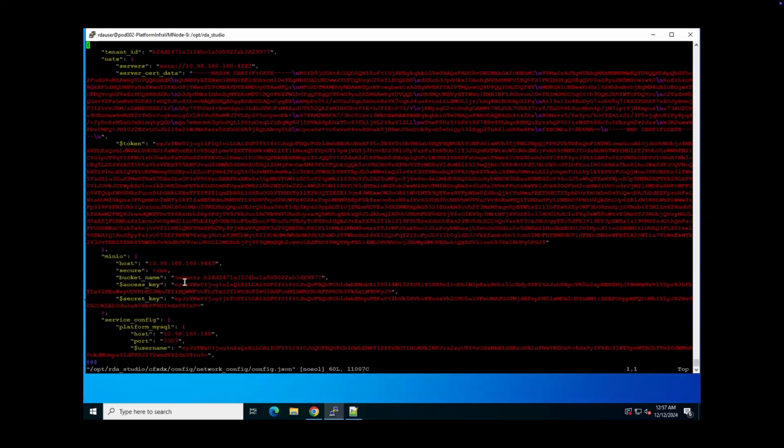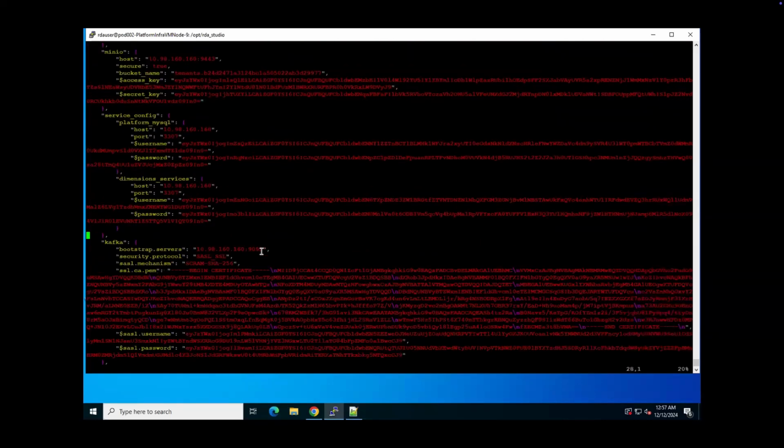It uses this network configuration, which will have the information about the NATS endpoint details and the port, and it will have the certificate and the credentials in encrypted form. This is the encrypted password basically, and then you have the MinIO host, its endpoint details, and its credentials are encrypted. Similarly, it has information about MariaDB